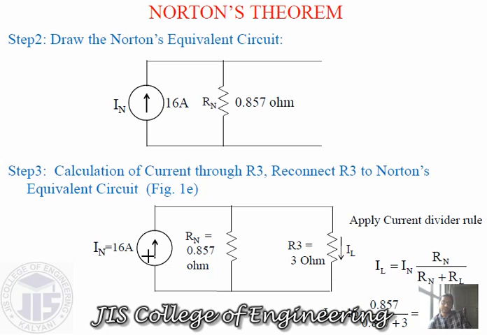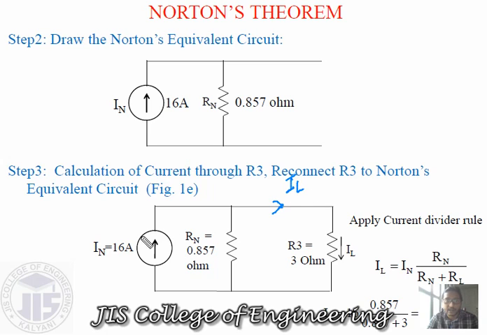So now the Norton current, or the short circuit current ISC, the Norton resistance and the load resistance are connected over here. Now our aim, the question, is to find out the current through this load resistor. Now let's consider the current here as IL. IL is the amount of current through the load.